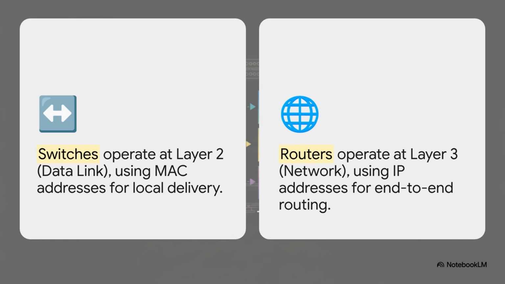A switch is a layer 2 device. It makes all of its decisions based on MAC addresses, handling that local hop-to-hop delivery we talked about. A router, on the other hand, is a layer 3 device. It makes its decisions using IP addresses, figuring out that end-to-end path across the internet. Understanding which device lives at which layer is the key to,